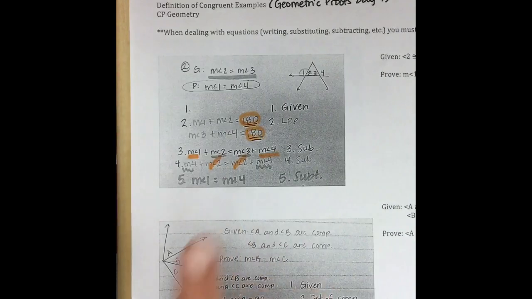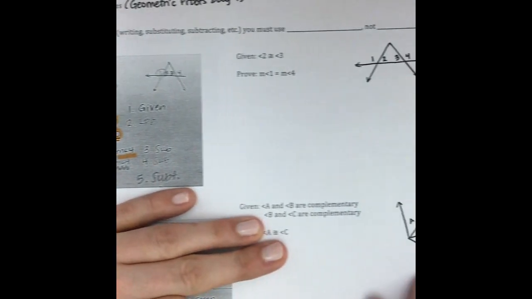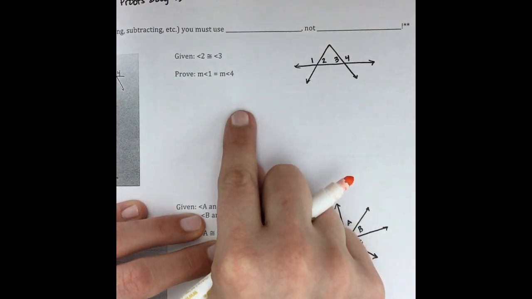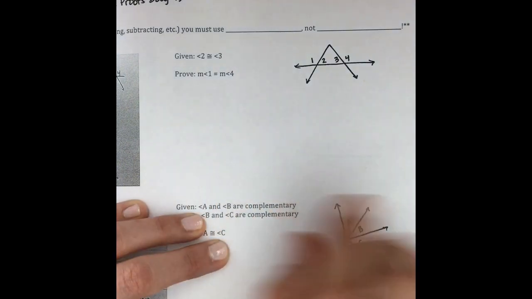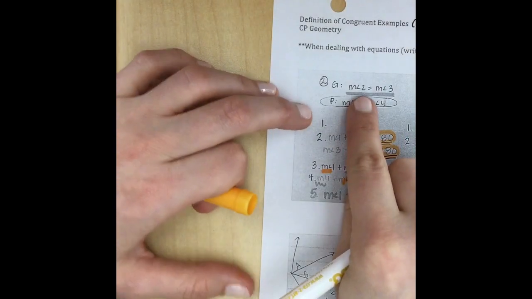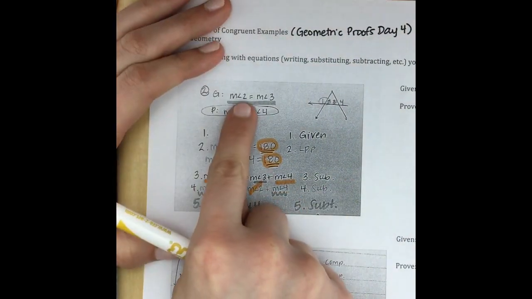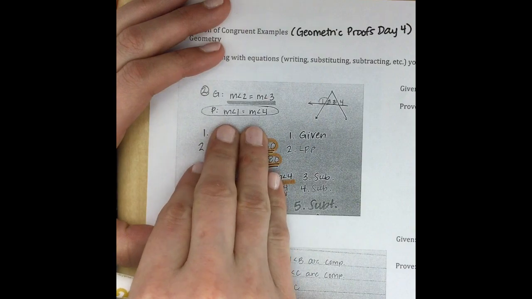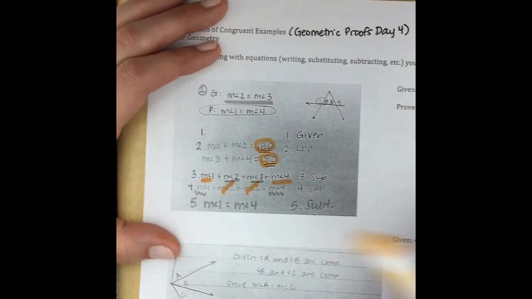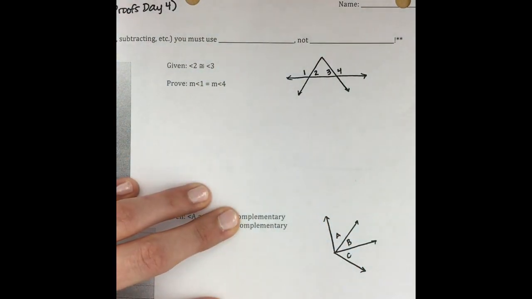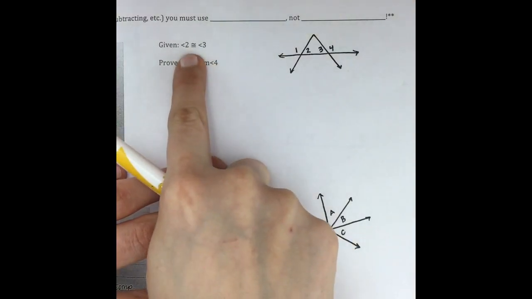So if we compare that to what's on the other side, the only thing that's different is in this new example, it says given angle 2 is congruent to angle 3, where here it said 2 equals 3. And again, this is new for you. So to explain the difference, 2 equals 3, we can sub right in. It's in equals, so I can use that and substitute. 2 congruent to 3, I cannot substitute congruence into an equation that has equals in it. Okay, so we're gonna have to take a step where we change this angle 2 is congruent to angle 3